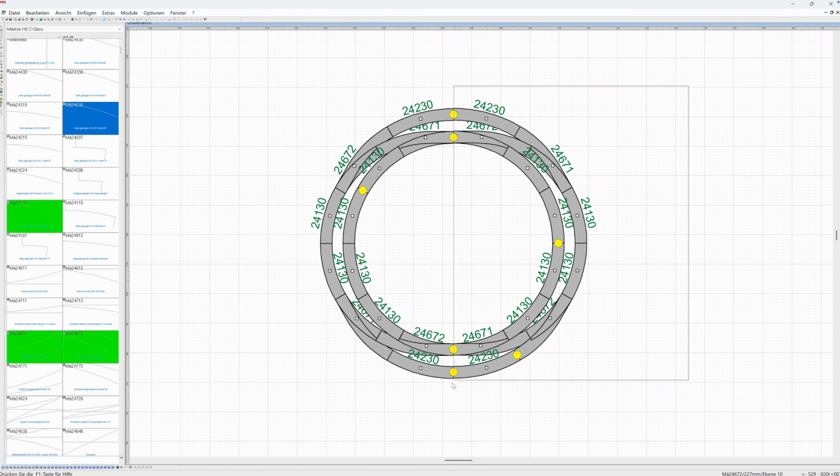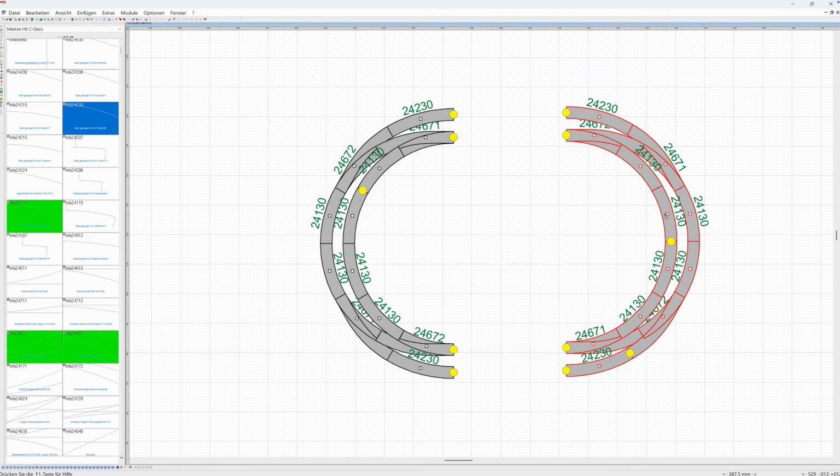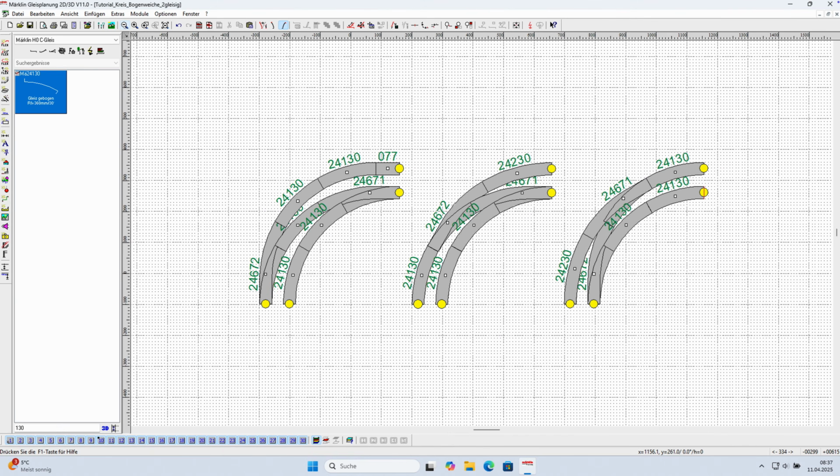You can measure how much space the layout will need directly in the software and adjust the tracks accordingly within the software. For a track with curved turnouts, there are several typical track configurations. For a double track line, you need at least 2 curved turnouts. There are several options here, which can be clearly seen in the software. In all 3 variants, you end up with parallel tracks at the beginning and end,